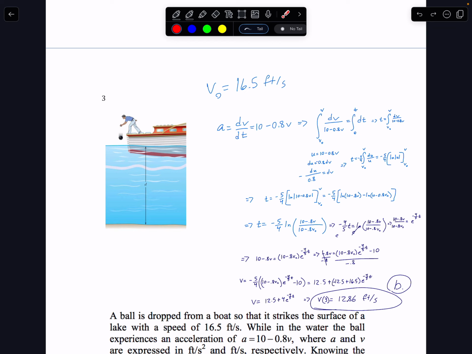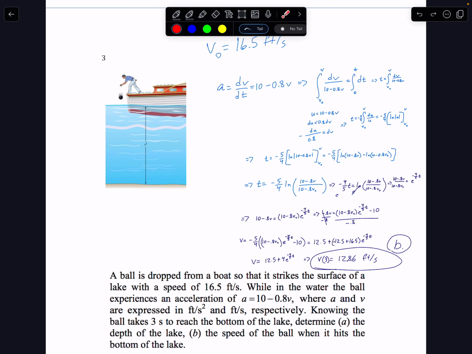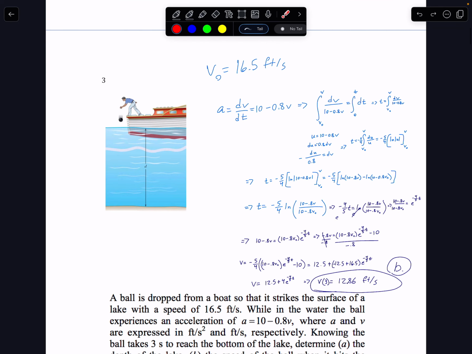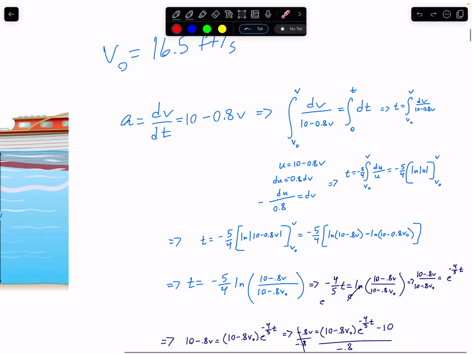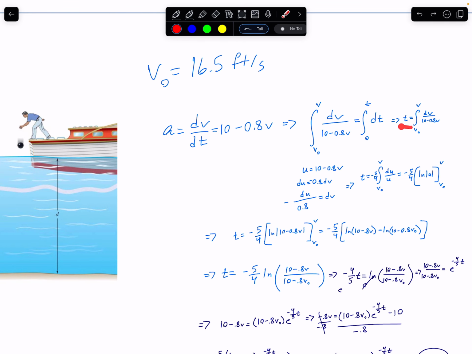So we know that acceleration is equal to dv over dt, and since we have an acceleration part already, we can do dv over dt is equal to 10 minus 0.8 v, and since this has v in it, put it under. It's very similar to the last problem. U substitution, we're going to end up with a natural log at some point. It's equal to t,